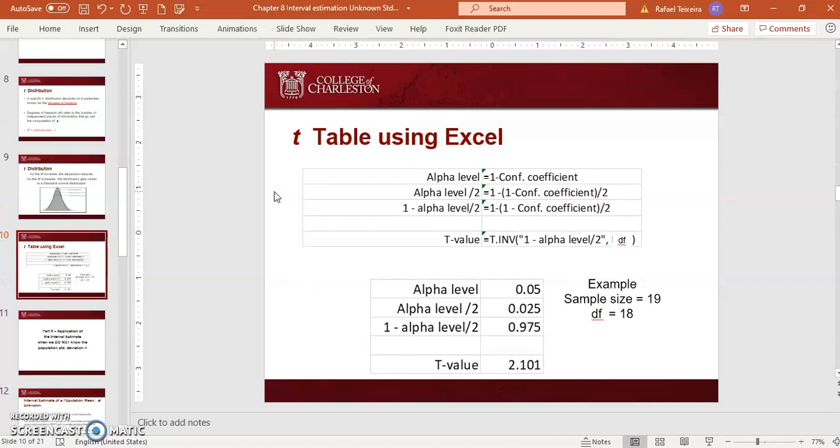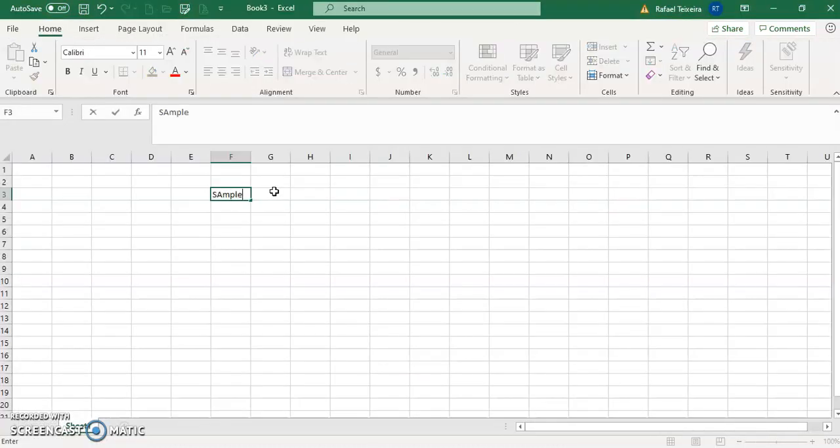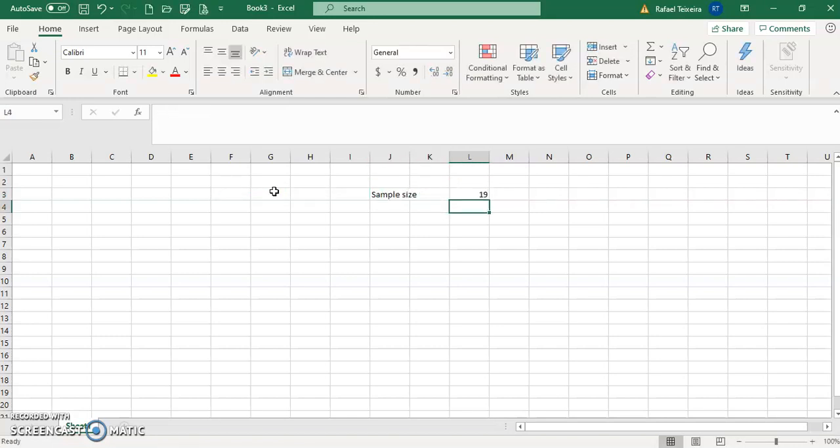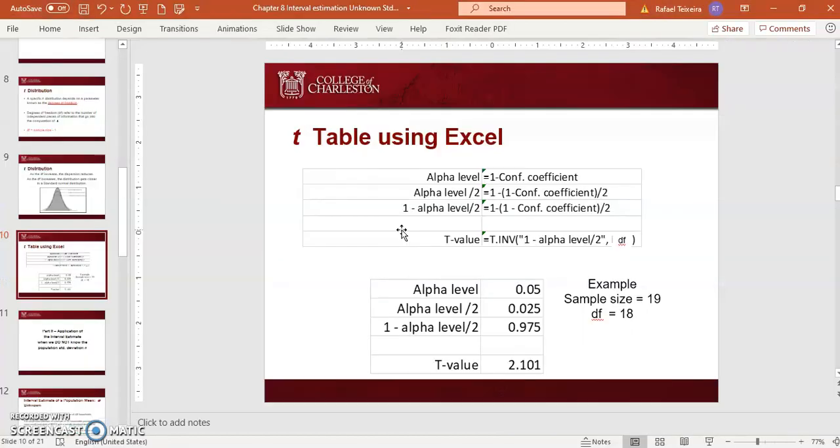So let me type. We have a sample size of 19, okay? 19 observations. So I compute the degrees of freedom. The degrees of freedom is equal to the sample size minus 1. It's done, very simple. And now we have the alpha level. Let me start with the confidence level. So let's say the confidence level is